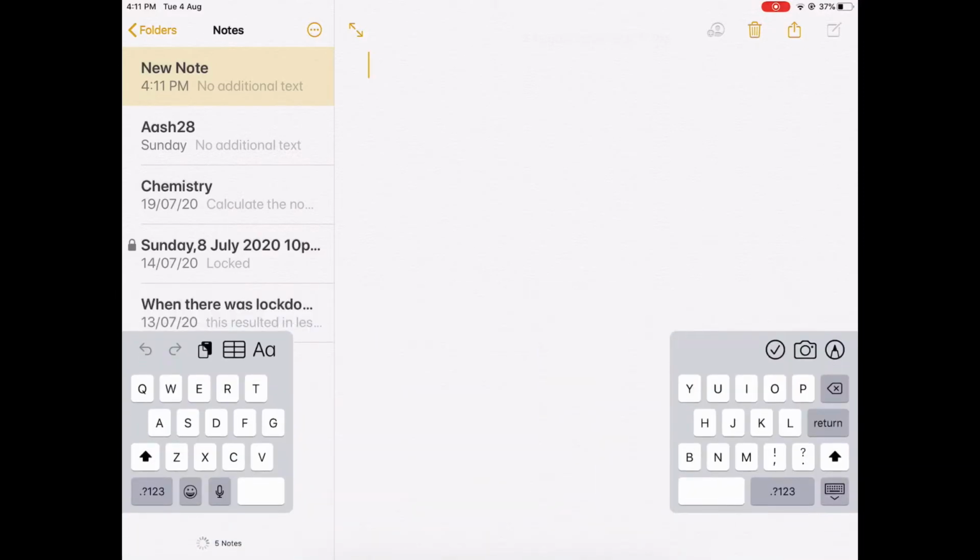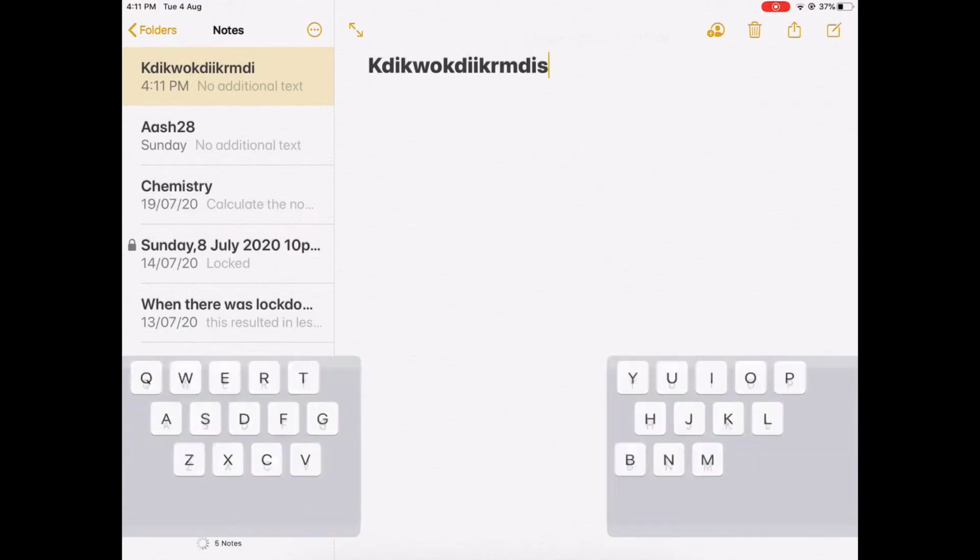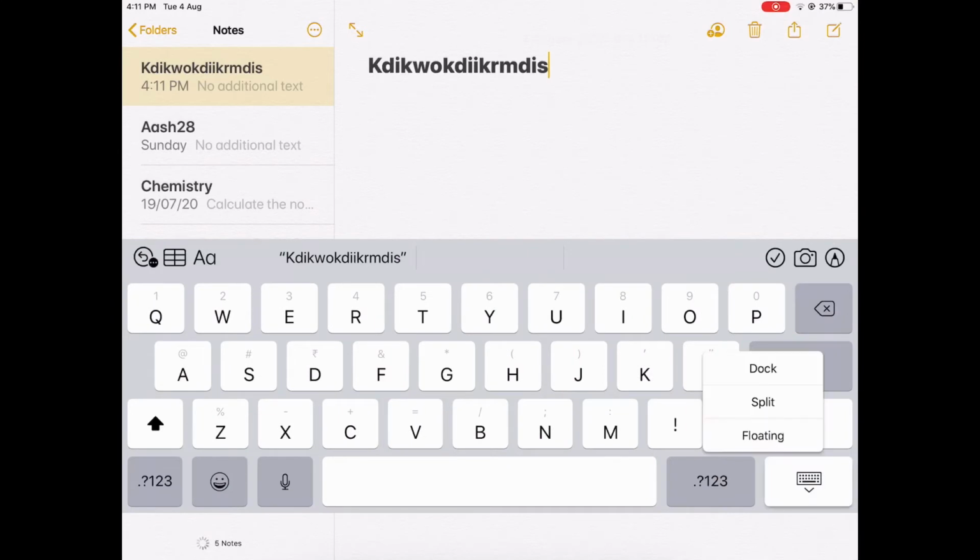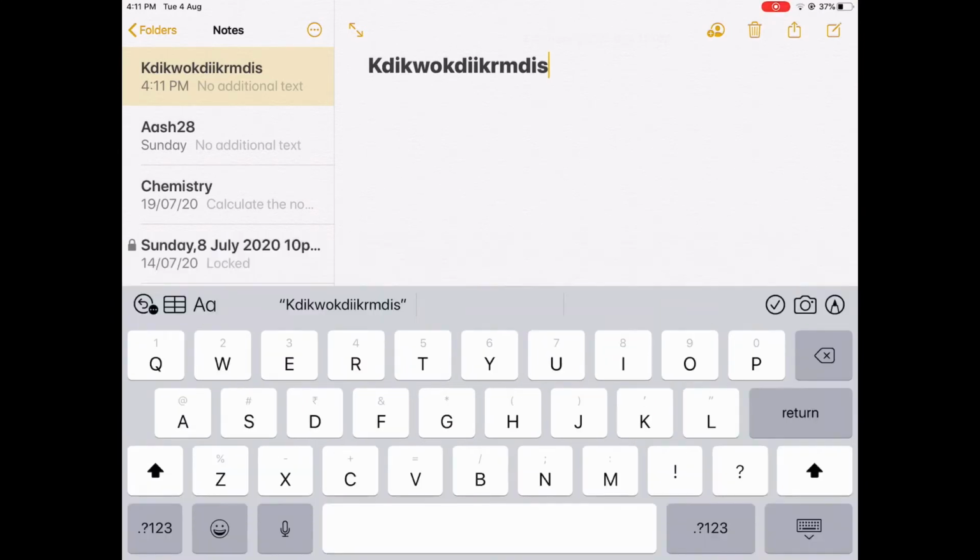This split view will allow me to type like this, like anything when typing anything. And to get the keyboard back to full size, you just have to swipe between the two halves. Then your keyboard will be normal.